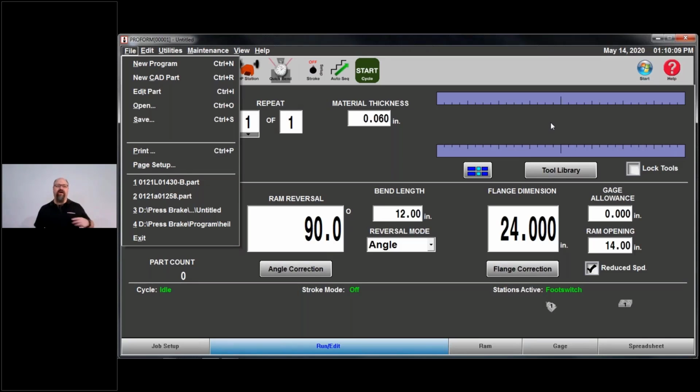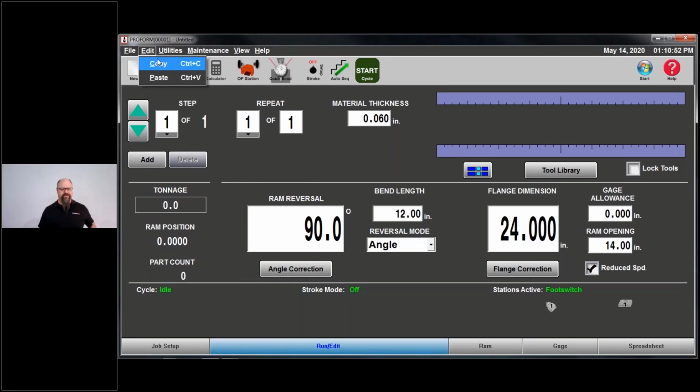Some useful information. I find that most of the customers I interact with will actually be using their own job setup sheets. So it does have its usefulness, but I'm not aware of any of the customers I've interacted with using them. We do also have the last 4 programs that were accessed on this particular machine. So in my software on my laptop, those are the 4 programs that I looked at last. Can be useful for trying to figure out, hey, where was that program you were looking at? Things like that. And then of course exit, which we don't want to do right now.